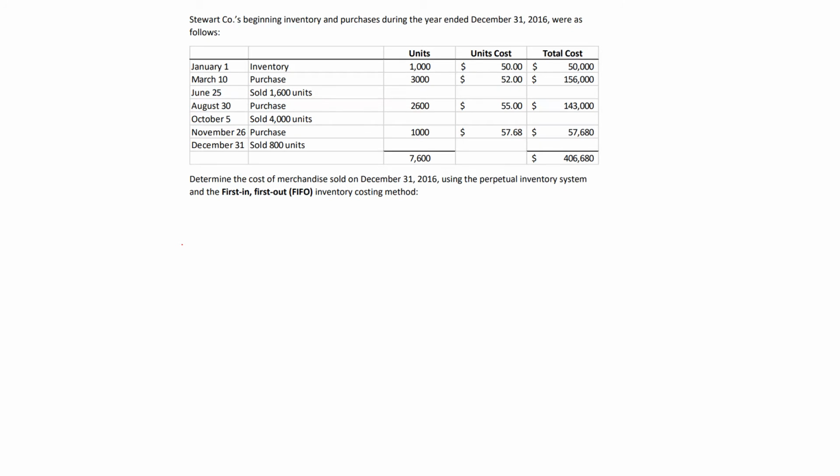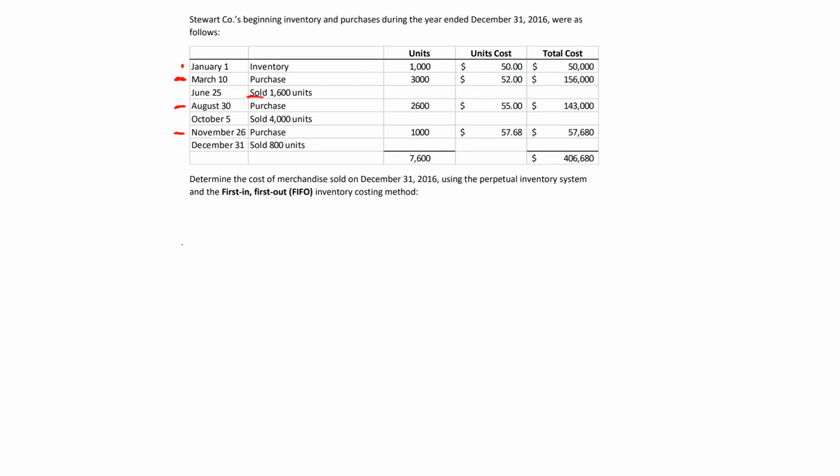Stewart Company's beginning inventory and purchases during the year ended December 31st, 2016 were as follows. So in this table, we see several different things happening. We see the beginning inventory here. We see that there were several purchases made during the year,